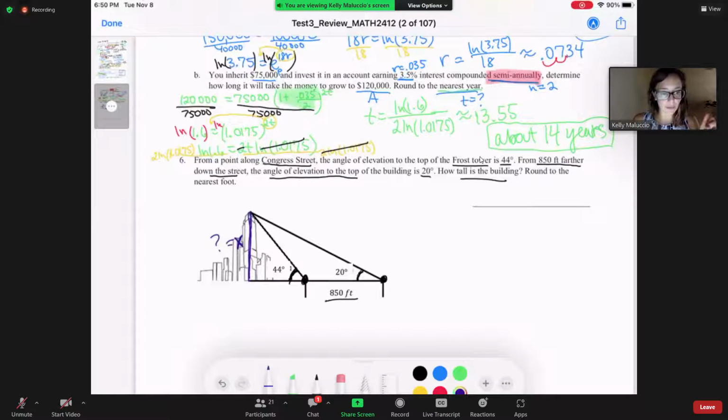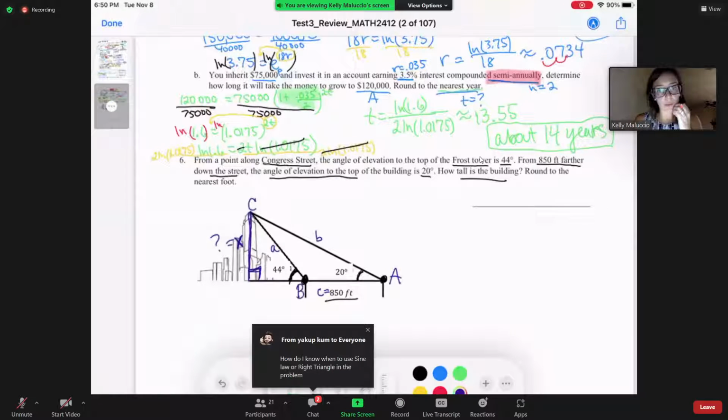And then I started to label some other things because we need to figure out what we can use here. I see that this is a right triangle, but I don't know enough right now to do right triangle trig. We don't know any of the sides of that triangle, so that's not going to work. But maybe if we got this side, which I called little a, and then this side little b, and this side little c. So now I'm thinking instead of right triangle trig, I'm looking more at